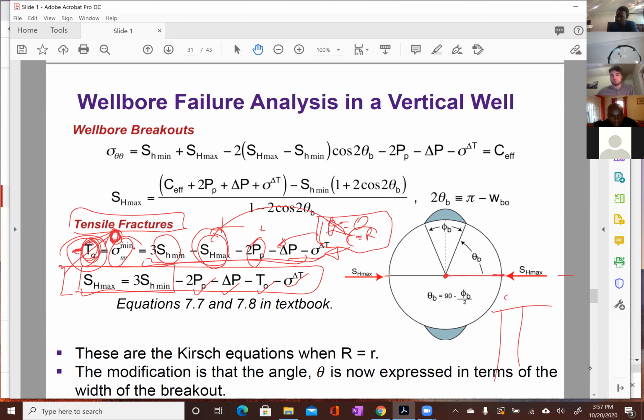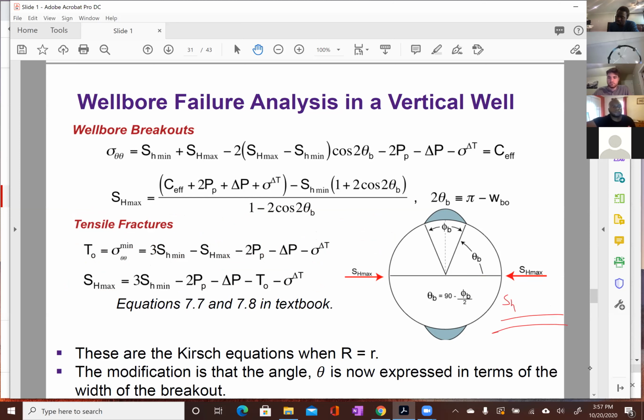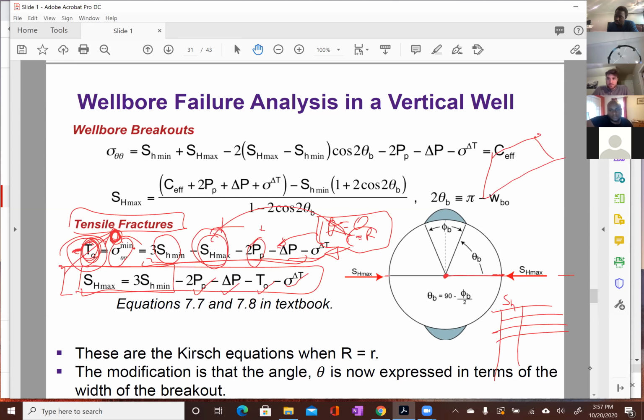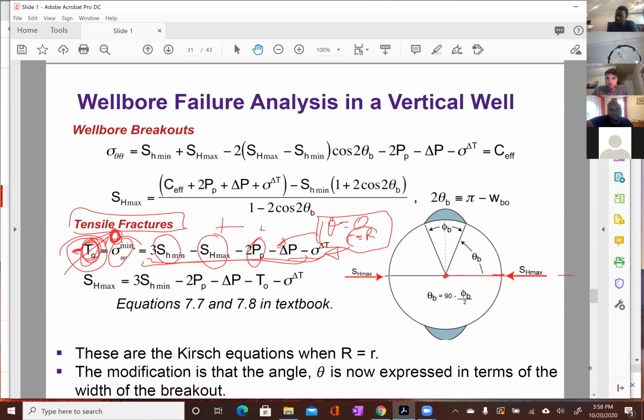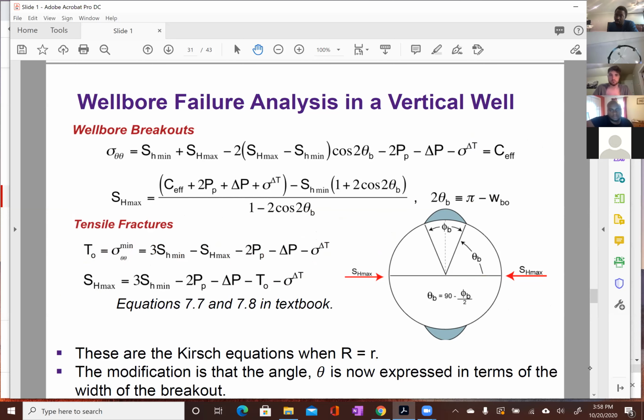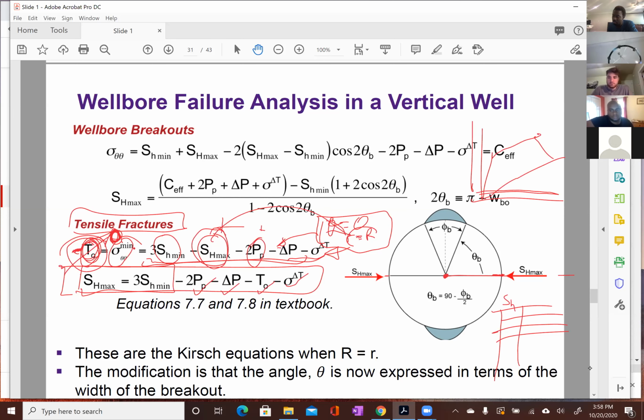All you need to do is give reasonable values, a range of values for SH mean, right? You already have the polygon, so you know the range. Let's assume this is the polygon. That's a poor sketch. But you already have a range of SH mean in the stress polygon, from here to this point. So you can put a table of say 10 values starting from here and ending here, right? Starting from the smallest, let's say 100, and you go to the largest, say 1,000, and you can increment,